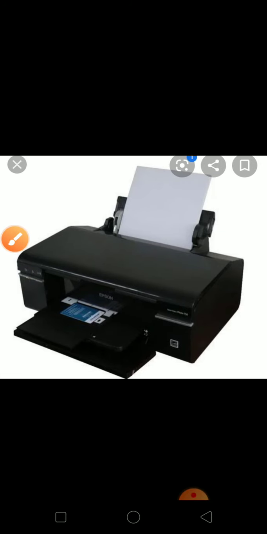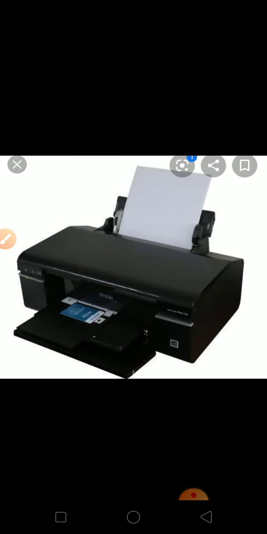Then children, we will learn about our printer. A printer is an output device. Why, children, is this an output device? Because it will give you output on paper. It helps us to take printouts of the work we have done on a computer.